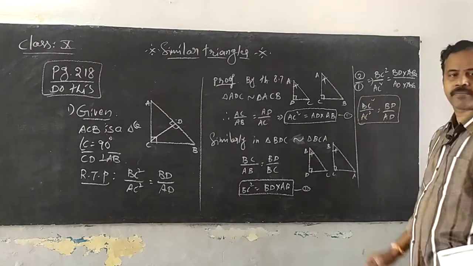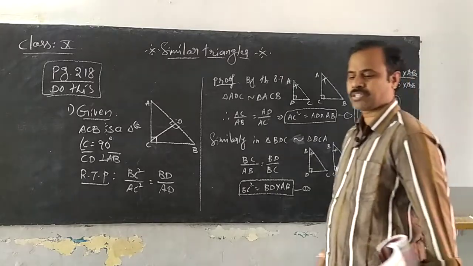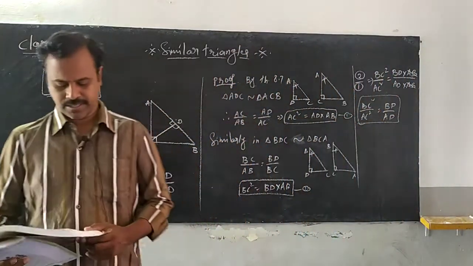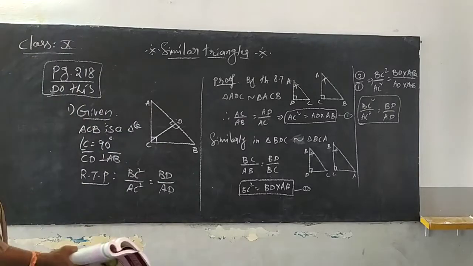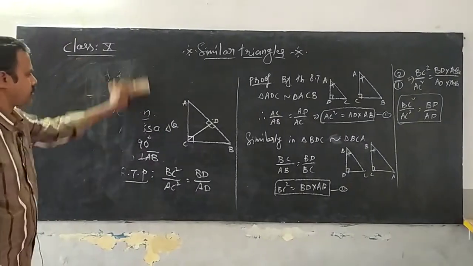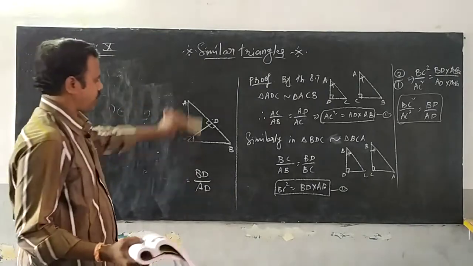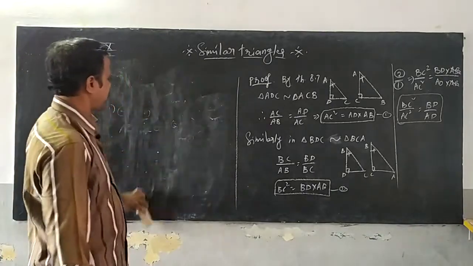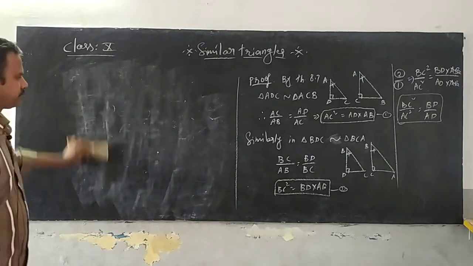Did you understand, everybody? Right. This is your first question in the do this. We come to the second question. The second question, you have to read the question, observe the question. In the do this second question we are discussing now, what is the question given there to us?